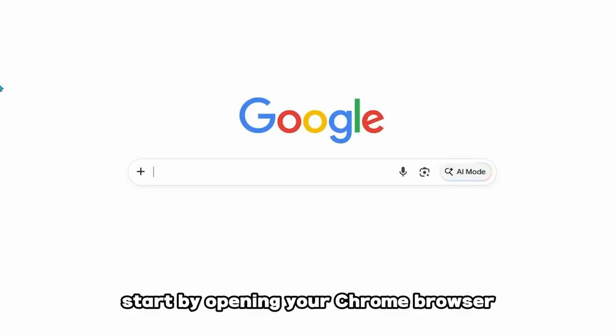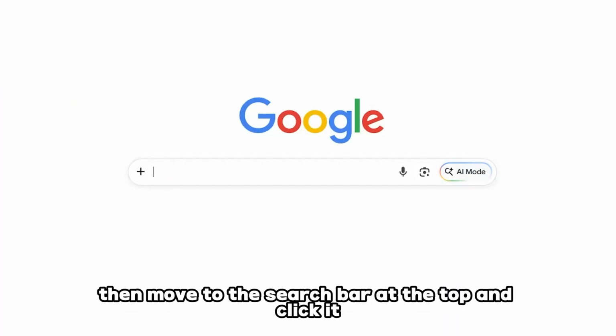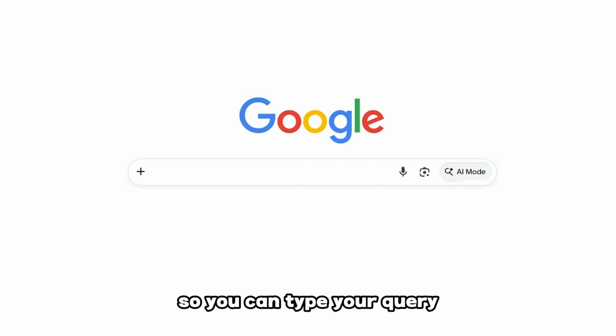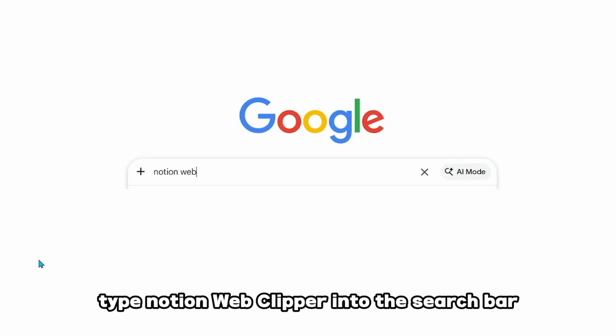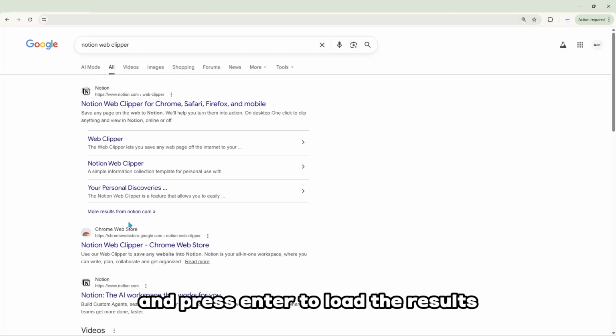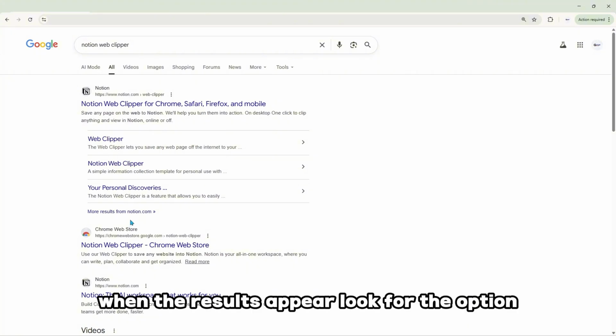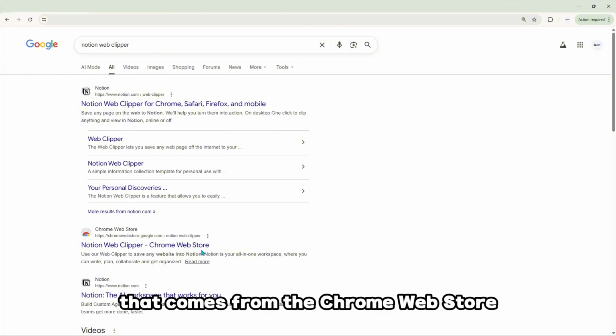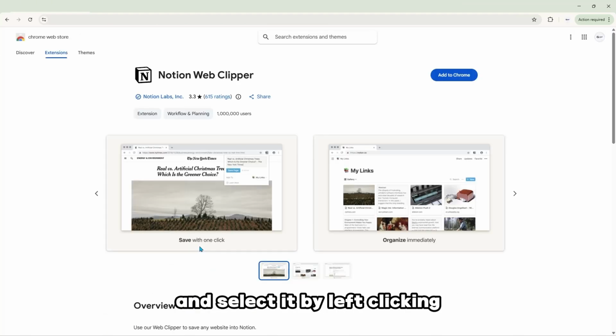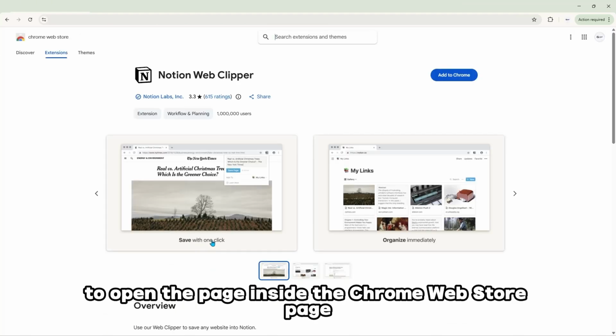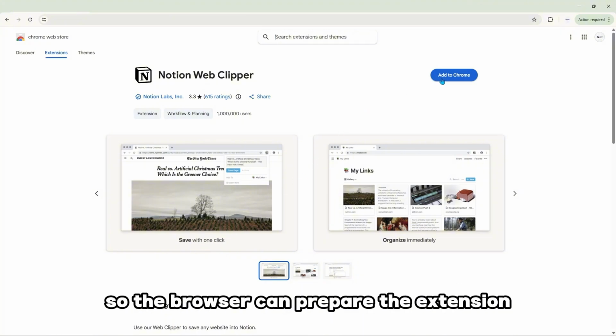Start by opening your Chrome browser, then move to the search bar at the top and click it so you can type your query. Type Notion Web Clipper into the search bar and press Enter to load the results. When the results appear, look for the option that comes from the Chrome Web Store and select it by left-clicking to open the page. Inside the Chrome Web Store page, press the Add to Chrome button so the browser can